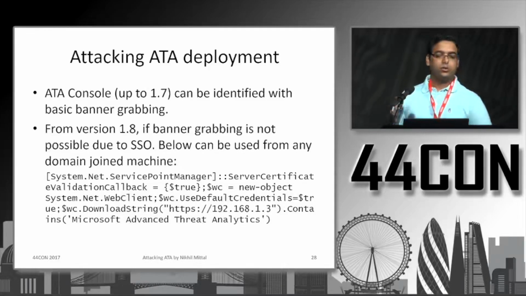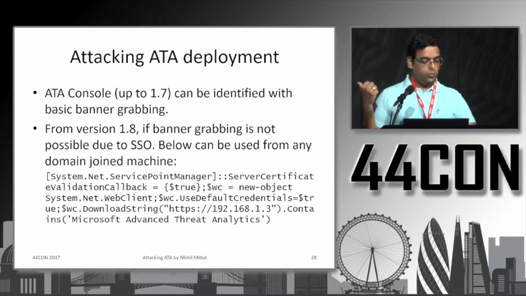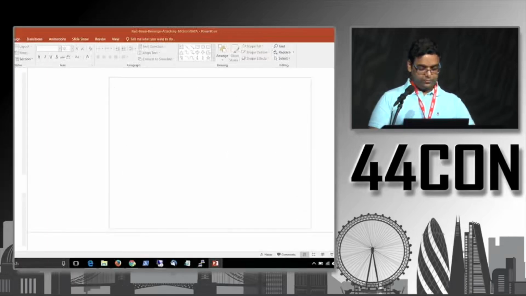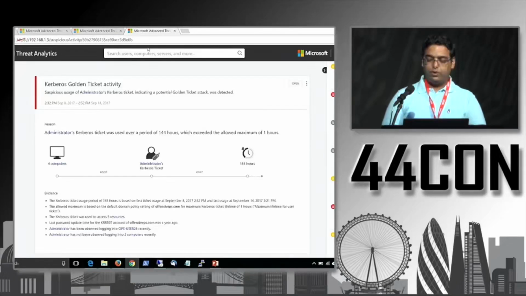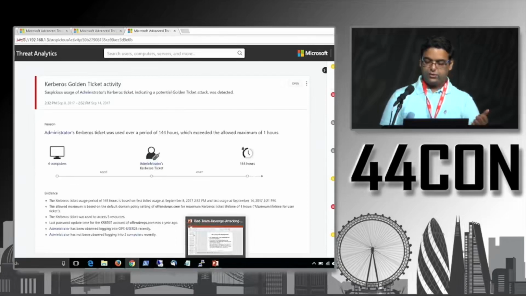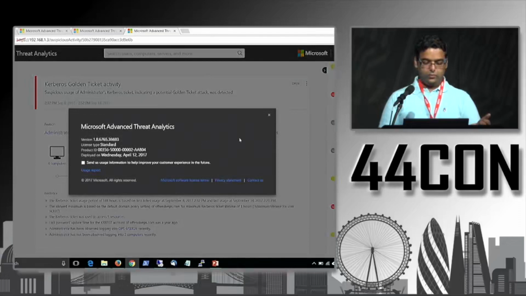There are some very easy ways of doing that. Up to 1.7, you could simply point nmap to all the IP addresses which listen on port 443. That's the default port where the ATA web console listens. You just point it to 443, do the basic banner grabbing, and you can find out if there is an ATA or not. But from 1.8 onwards, and ours is a 1.8 version,